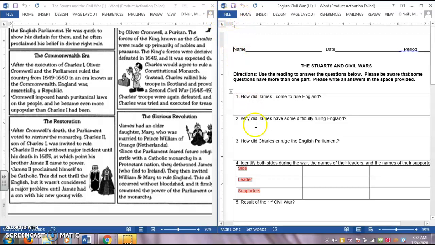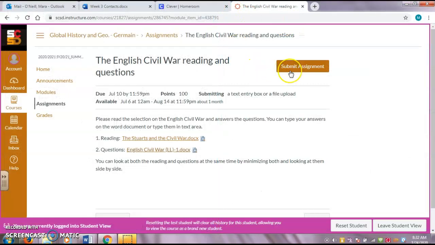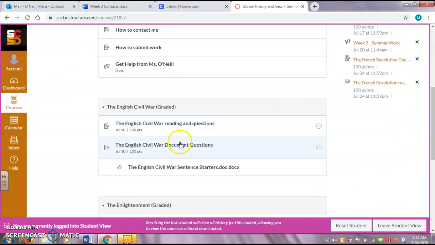Once you have this questionnaire filled out, you're going to save it to your computer, and you are going to submit it online, clicking the Submit Assignment button. Once you have done that assignment, you will go back to the home page and you'll click on assignment number 2. The English Civil War document questions gives you a document that you will have to read and you will